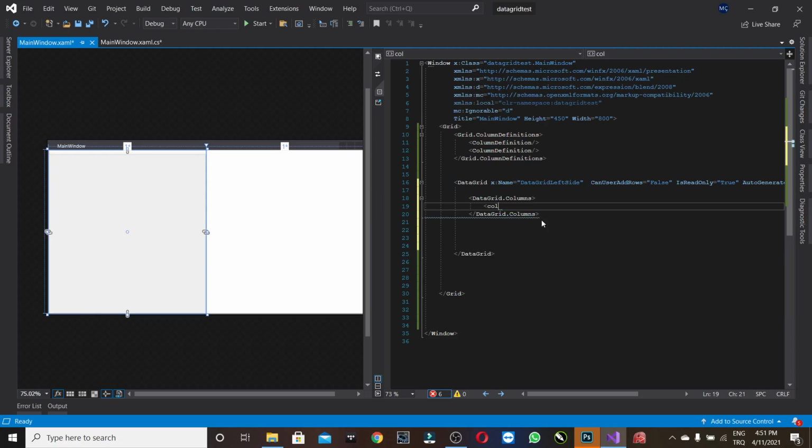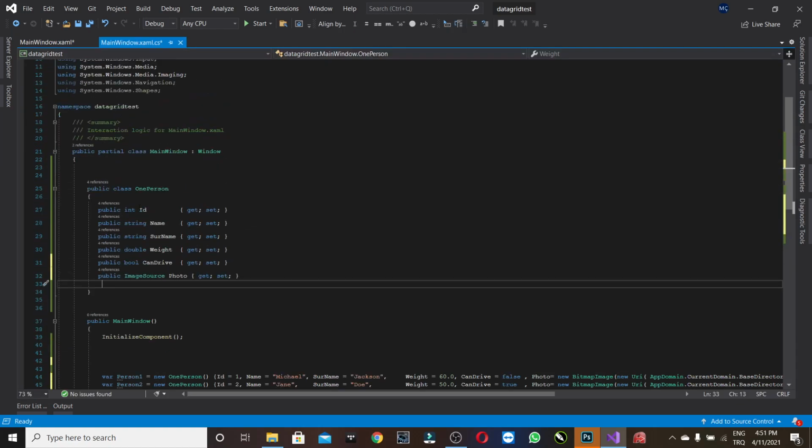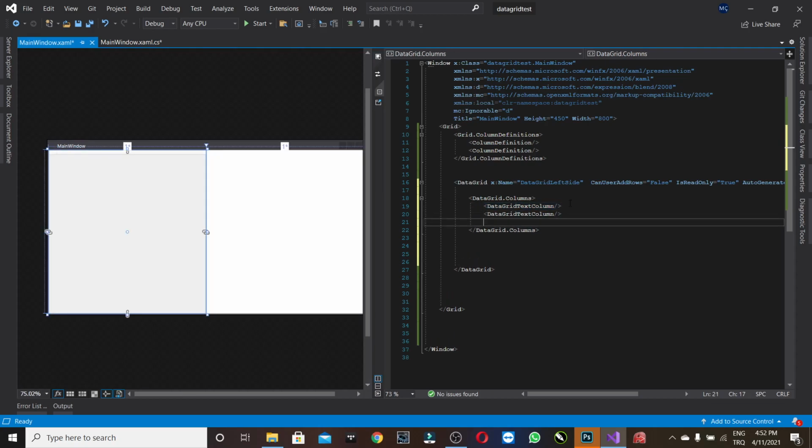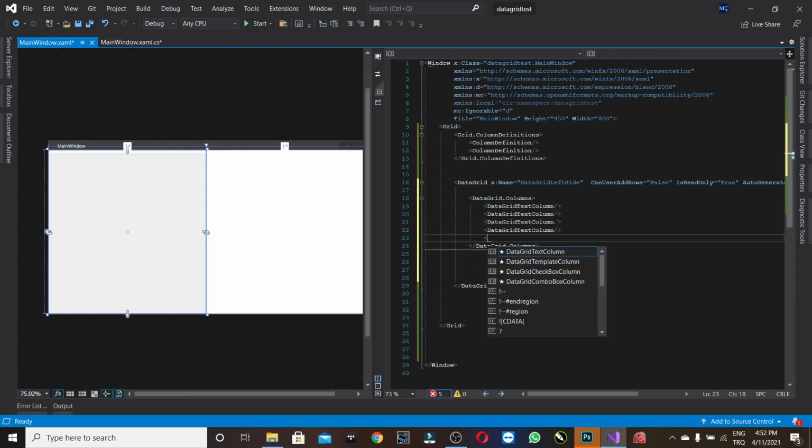The text column is the standard column that's used for writing text and numbers. So in our structure we have 4 texts, 1 checkbox, and 1 image. So I will add 4 text columns, 1, 2, 3, 4, 1 checkbox,